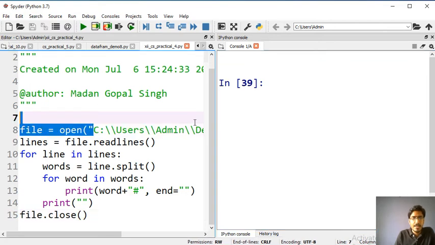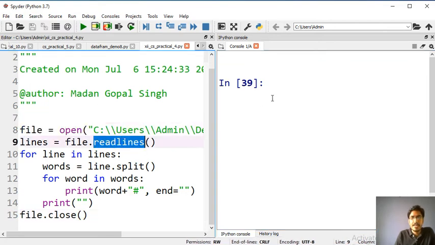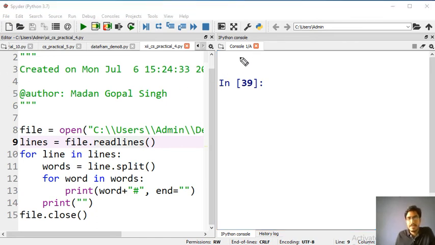First this file will open in read mode, and the readlines method will return what? You can guess. It will return three things, three lines. It will return a list like this. I don't know what was there in the file.